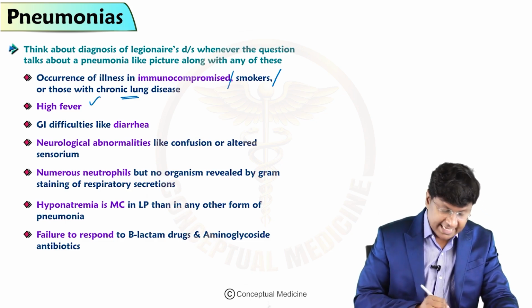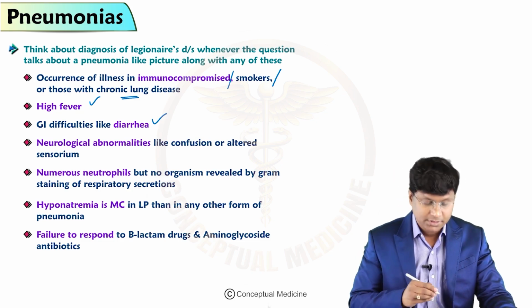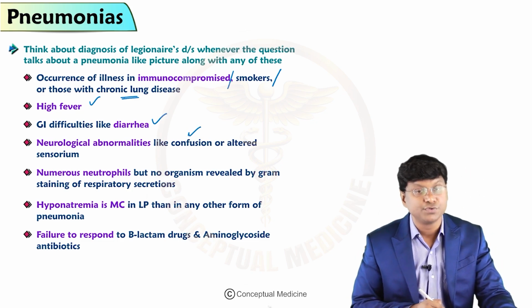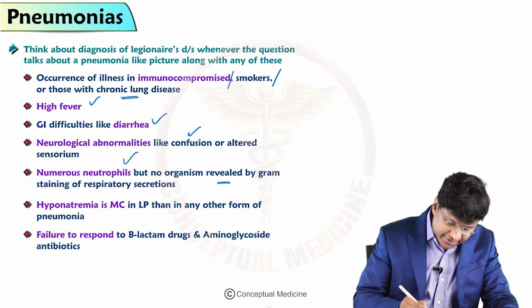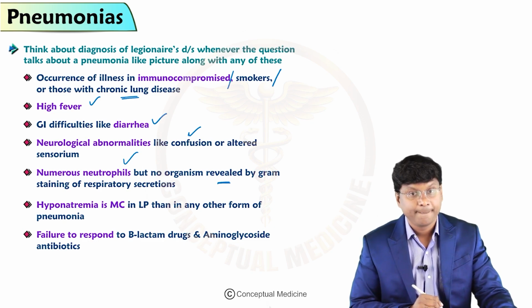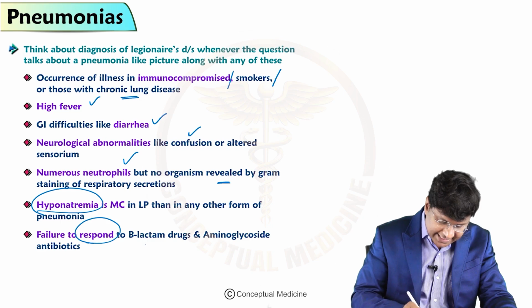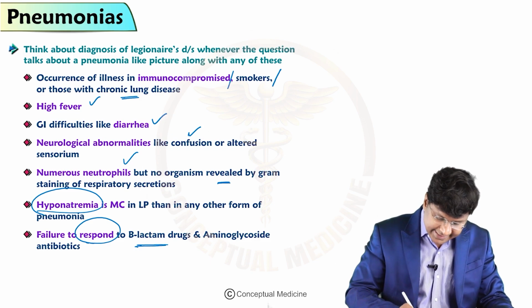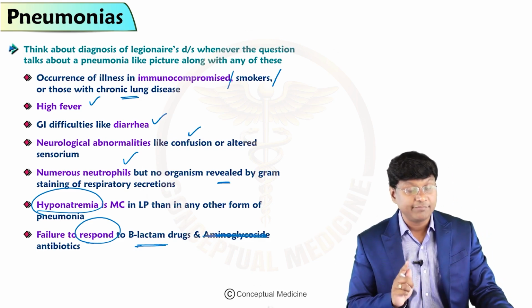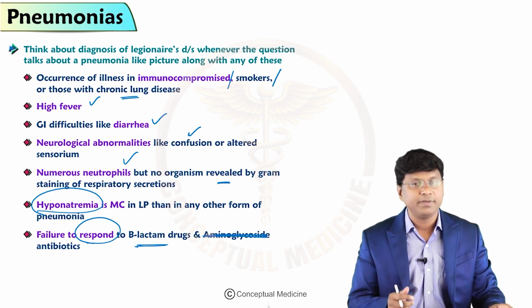Next, the individual is having high fever, gastrointestinal difficulties like diarrhea, neurological abnormalities like confusion, numerous neutrophils but no organism revealed by gram staining, hyponatremia, and failure to respond to beta-lactam antibiotics. That is when you have to consider Legionella pneumonia. So you have to remember this. These patients with Legionella have an important electrolyte abnormality, that is hyponatremia, and that could be because of the